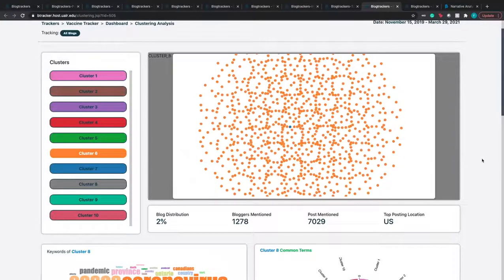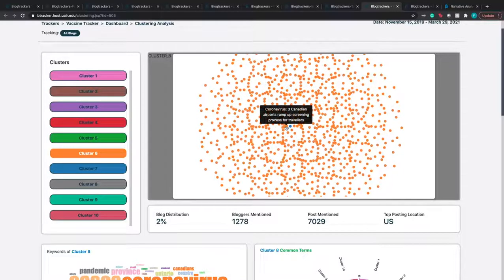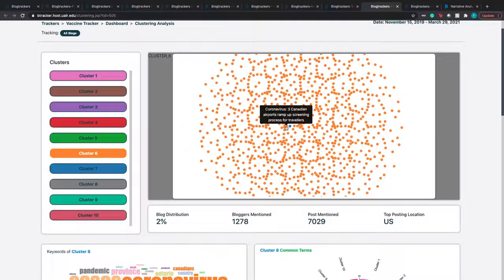So for example, if I see a cluster right here, and it's saying something about 3 Canadian airports ramping up screening process for travelers. I see another one again. It's talking about Trudeau needs a legal weed market by 2019, and here's the timeline for 4 confirmed coronavirus cases. So I can say that this cluster here is talking about something that has to do with Canada and